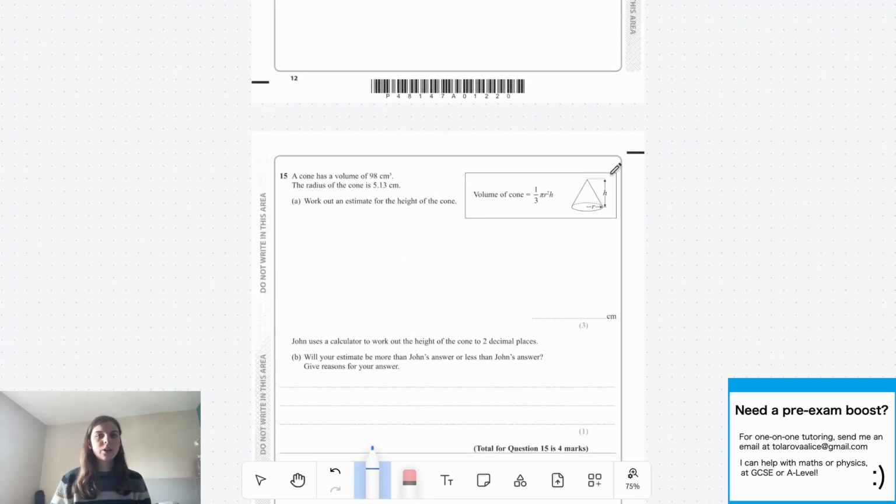Okay. A cone has a volume of 98 centimeters cubed. The radius of the cone is 5 centimeters. Work out an estimate for the height of the cone. And we are given the equation here. So let's just start with this equation. If it's an estimate, we're rounding everything to one significant figure. So the volume will be 100. 1 over 3 times pi multiplied by, it's just going to be 5 squared, h, since